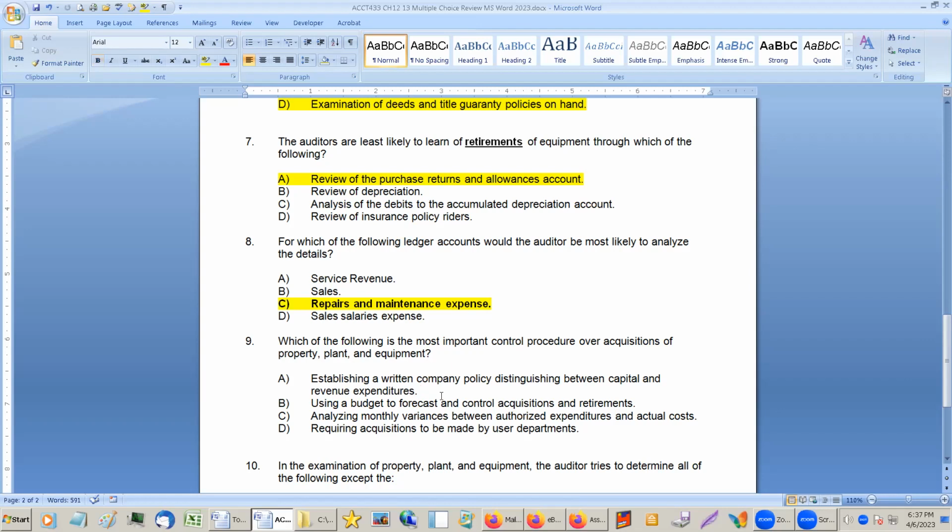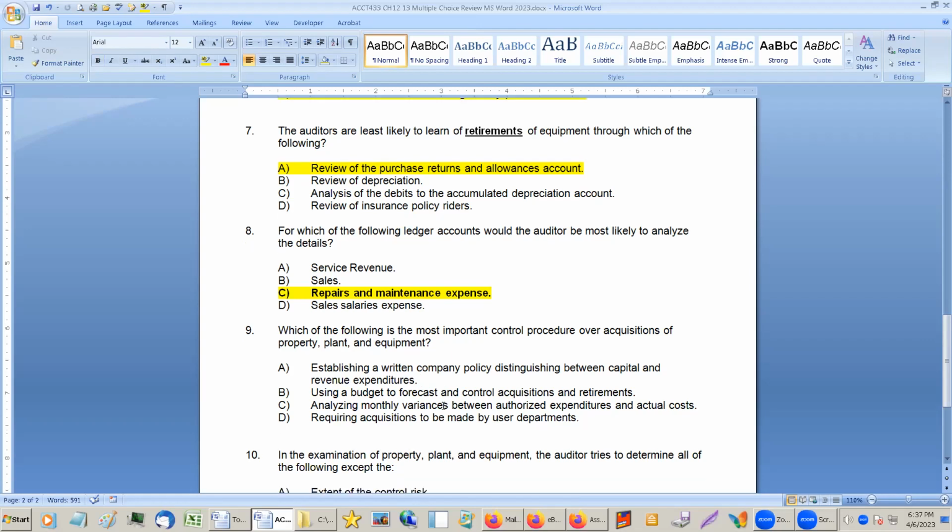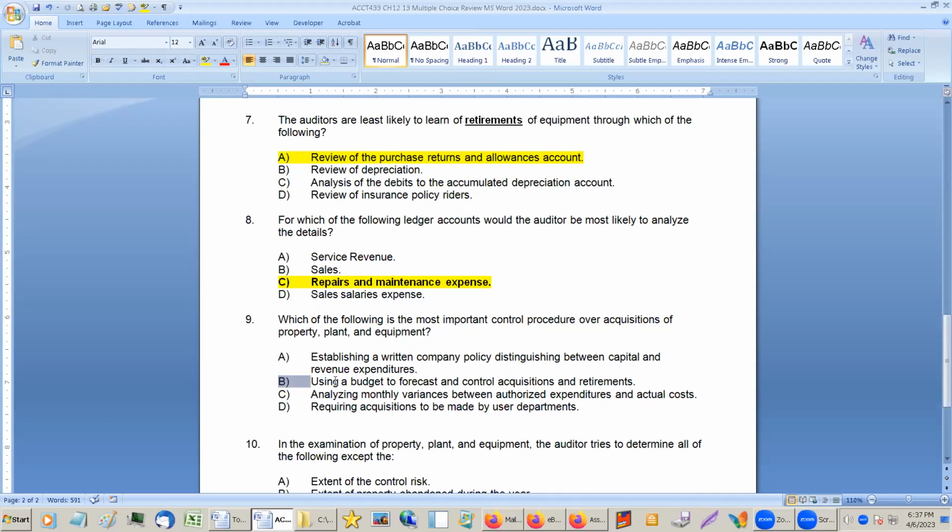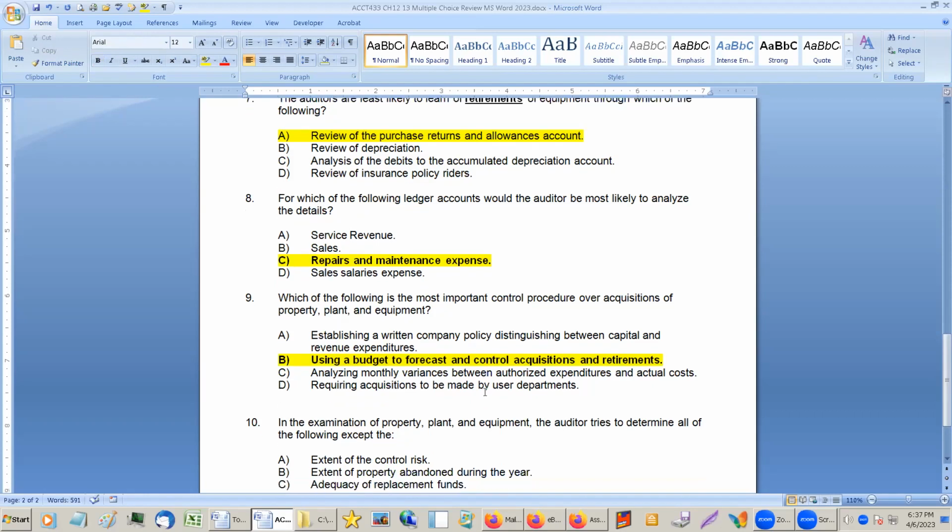Okay, number 9, which is the most important control procedure over acquisition of property, plant, and equipment? Using a budget. It doesn't sound like much of a control, but actually, if it goes on the budget that it's going to be purchased, that's one of those major things you look at. And if there are things that are purchased that aren't on the budget,